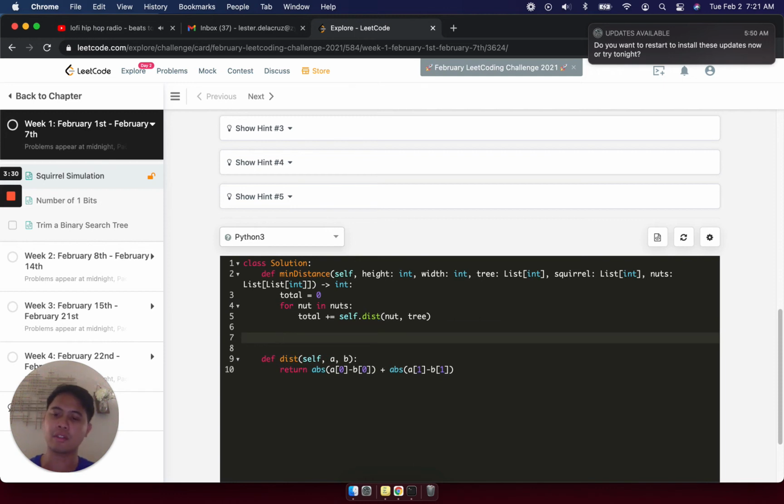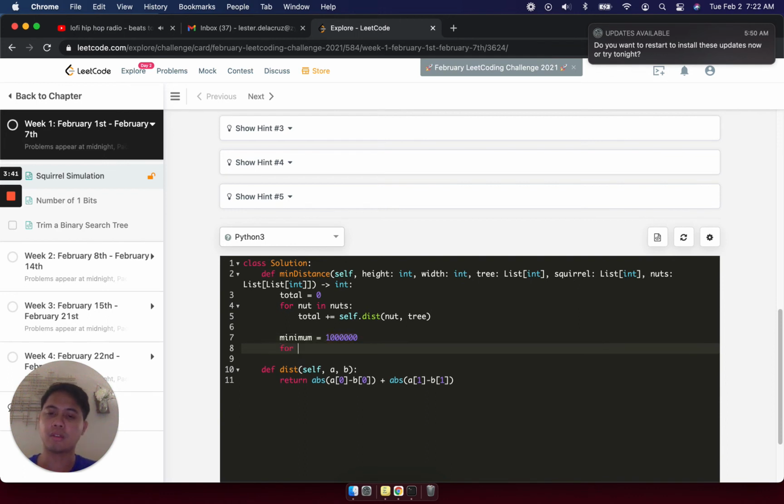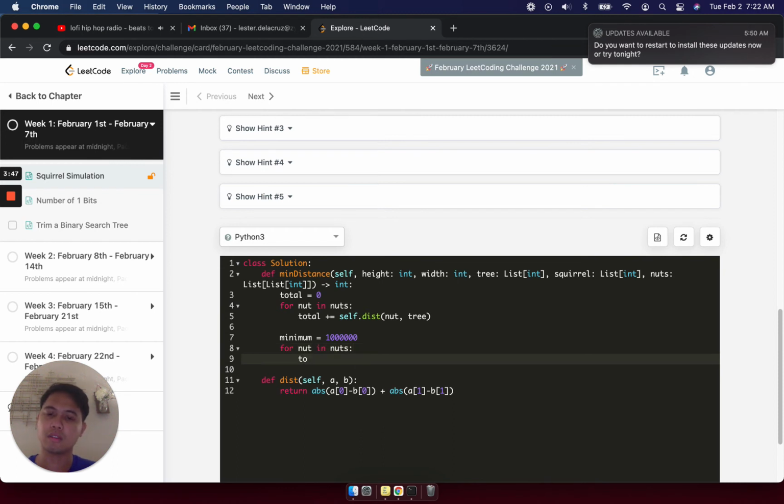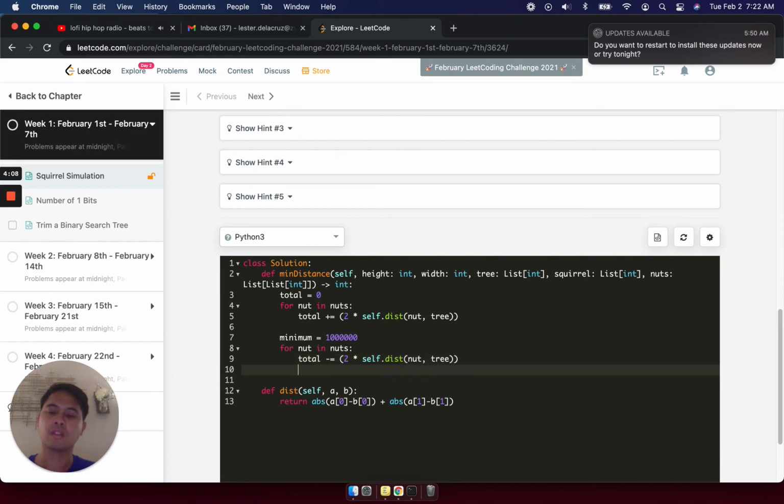From here, I just need to figure out which nut this squirrel needs to pick first in order to obtain the minimum. So some big number for the minimum, and for nut in nuts. First, I'm going to subtract from the total, actually it has to be twice the distance. Subtract twice the distance of one nut to the tree,